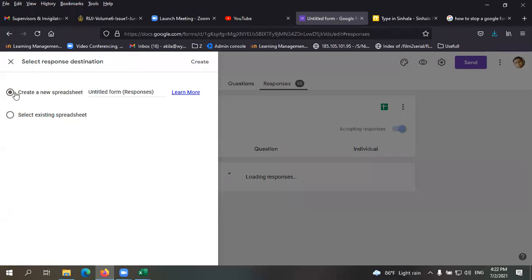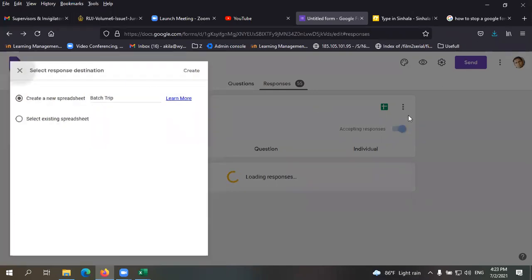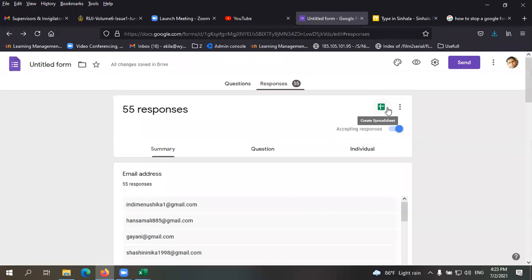So you can create an Excel file or spreadsheet in your Google Drive, and you can see real-time updates on that one. I'll show you that. I'm going to create a new spreadsheet. Where I click here, the place I clicked earlier is this one, right?